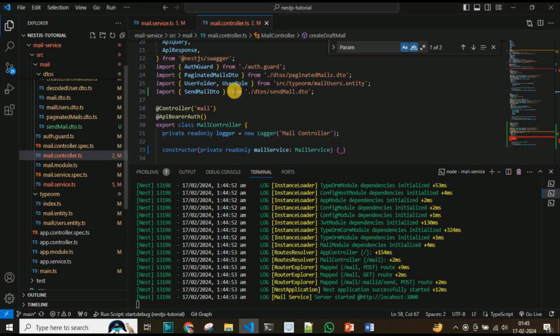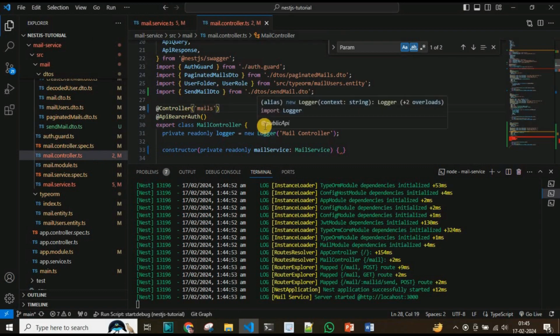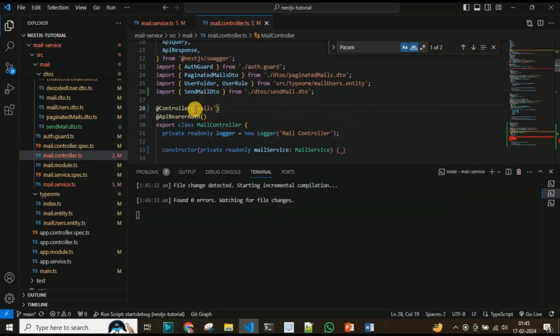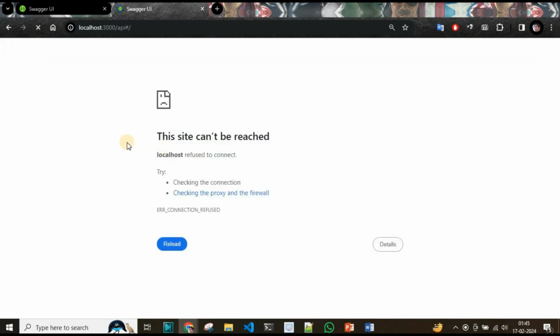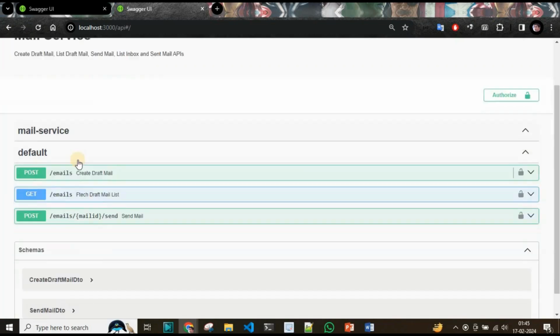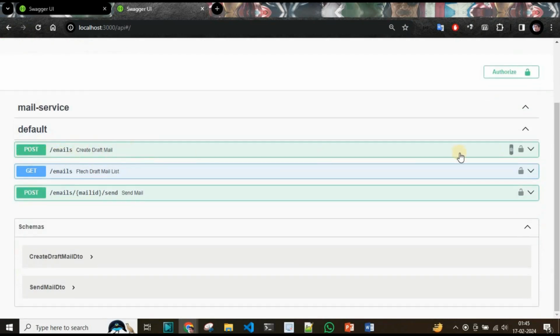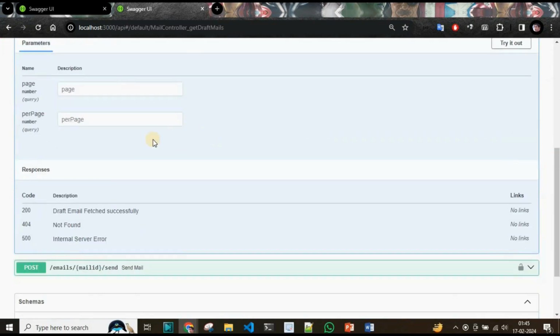So instead of mail, I will call it mails or the emails. Now if I go here and if I press it, so we have right now the emails, create draft emails. So if I list the draft emails,